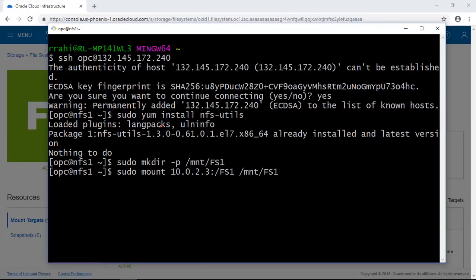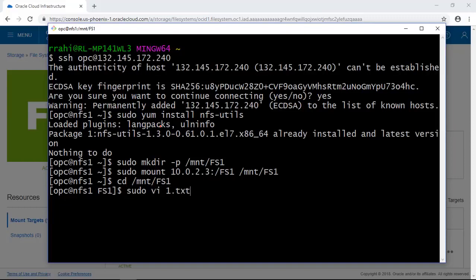So as I do that, you would see that the command runs. So this shows that my security list is working. If my security list was not properly configured, this command would hang because I would not be able to mount my client to the shared file system. Now I can go to this directory, the local directory on my machine, on this instance, on the NFS client, and I could